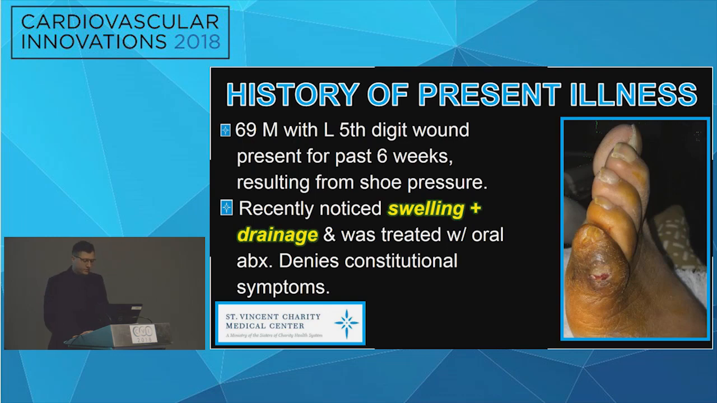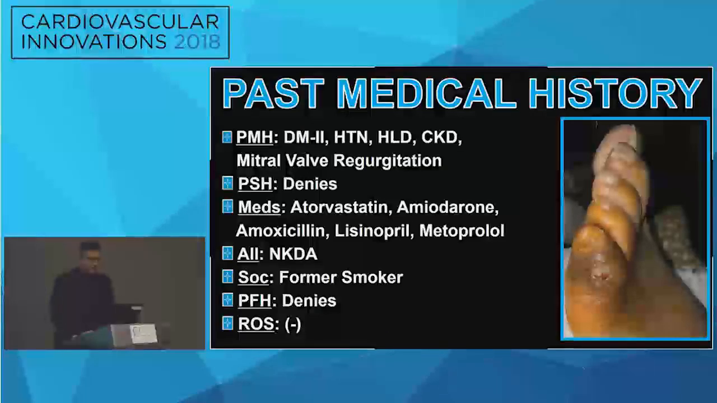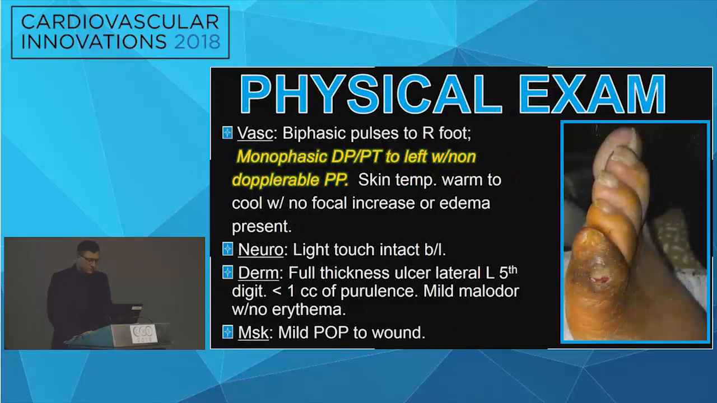He denies constitutional symptoms. His past medical history is significant for type 2 diabetes, hypertension, hyperlipidemia, and chronic kidney disease, as well as mitral valve regurgitation. Denies any past surgical history. His meds are listed below, and he is a former smoker. On physical exam,